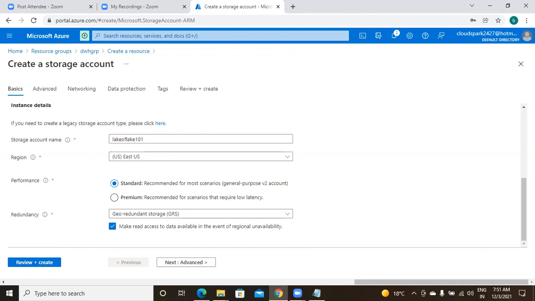About all these options and the architecture of the data lake, I will be explaining once we step into the pure data lake concept. Other data objects will also be there, not only blobs, but files, tables, and queues. In this way, different varieties of objects will be there. For now, I am just simply saying review plus create.